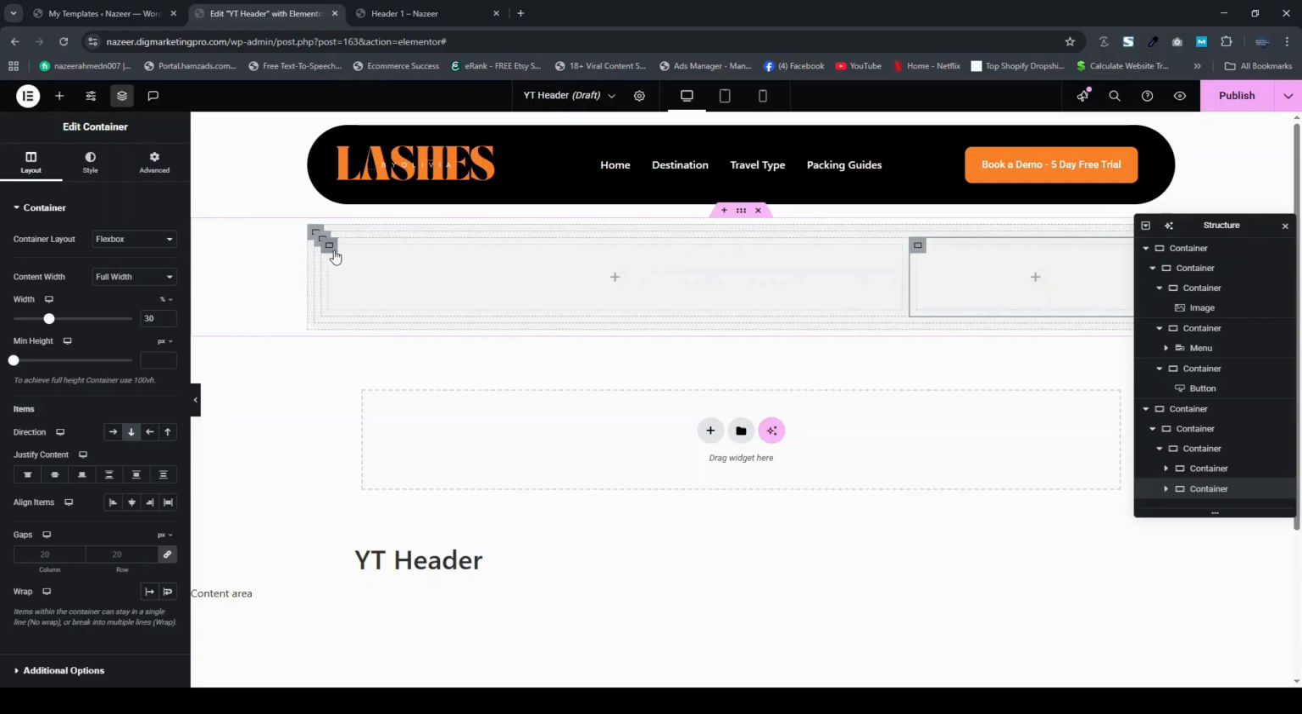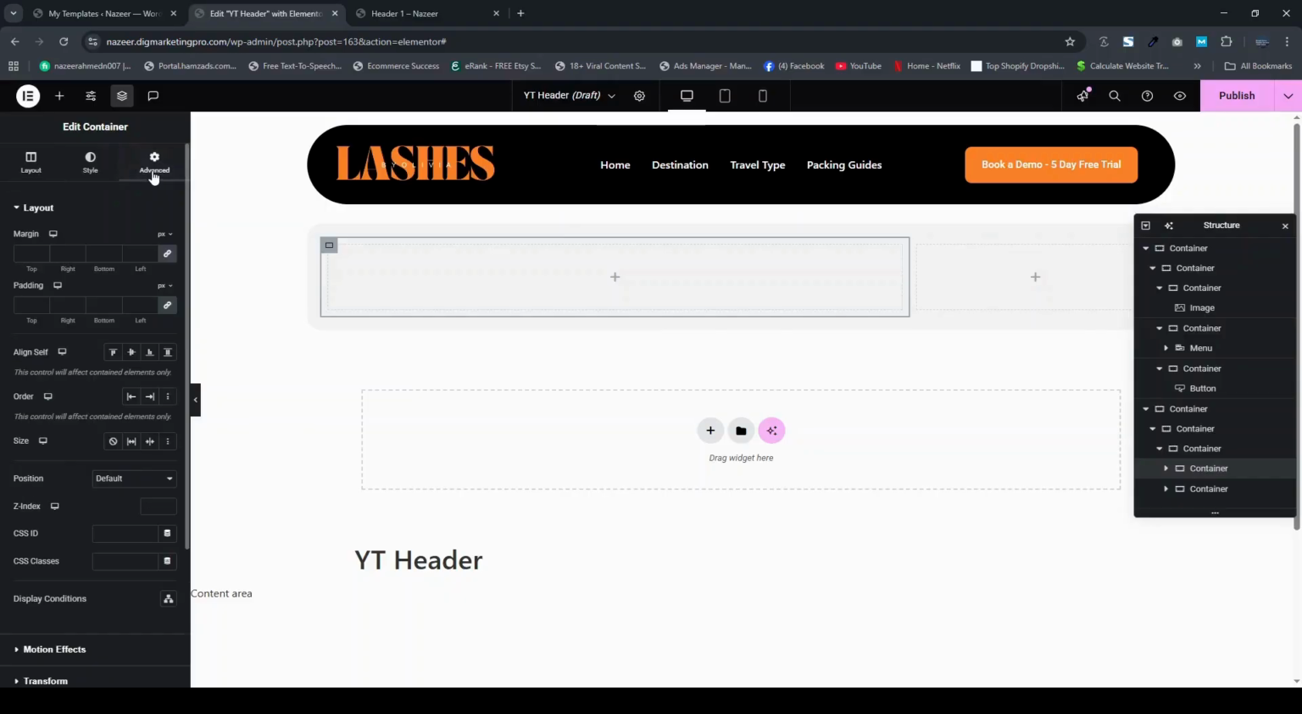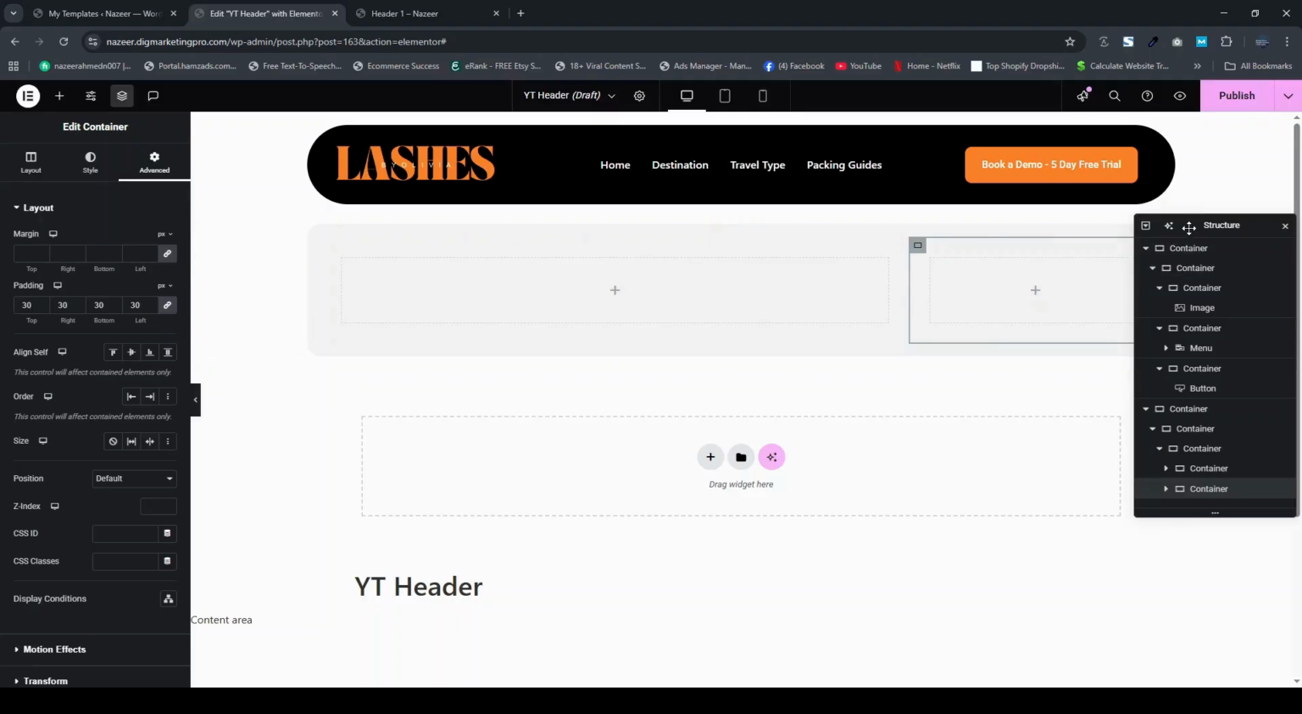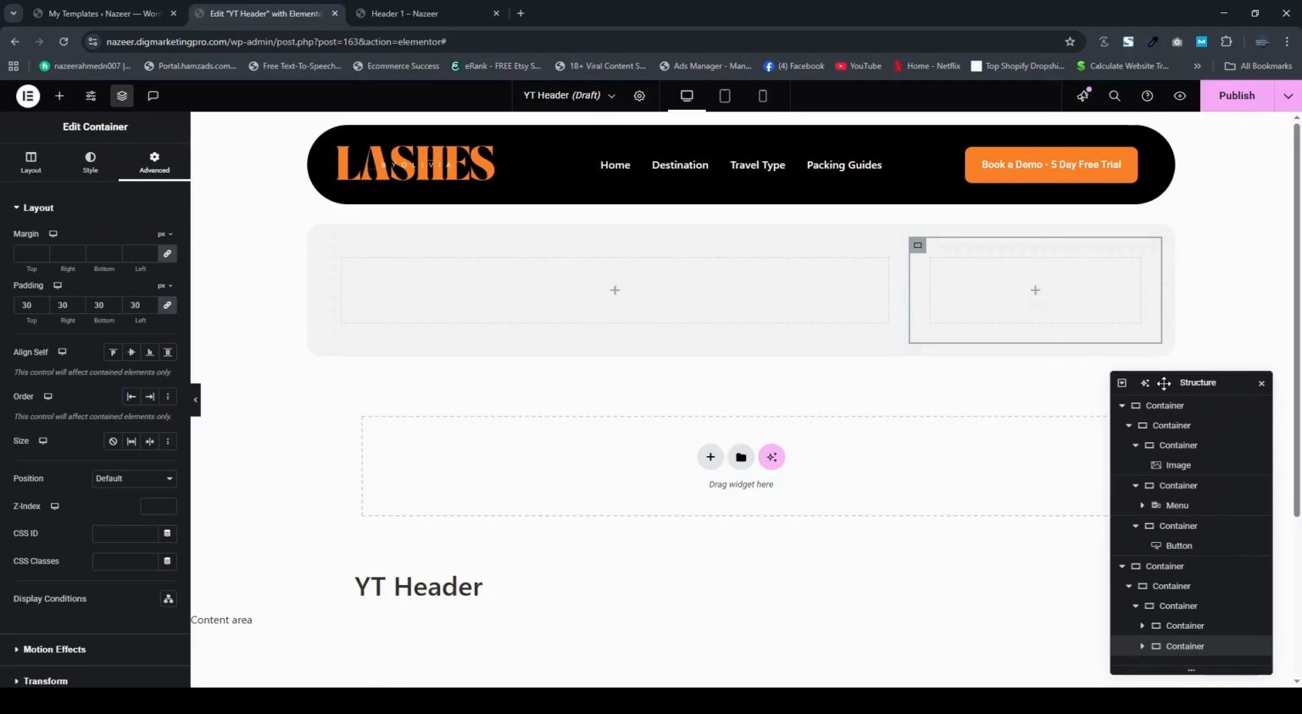So in this container here I will make the padding. I will go to the advanced tab, and I will make the padding 30 from all sides. So now you can see in this container, and now in this container I will do the same, advanced, and the padding 30 from all sides. So now you can see, let me just drag and drop here. Okay, so now I will insert